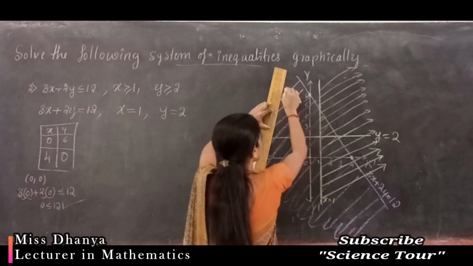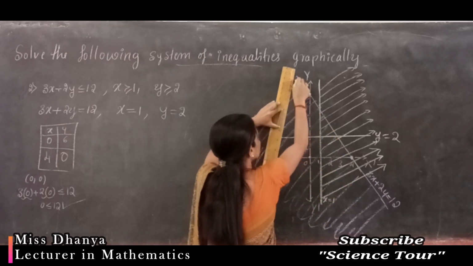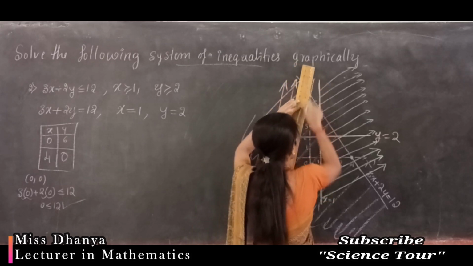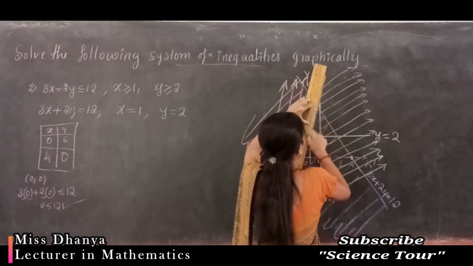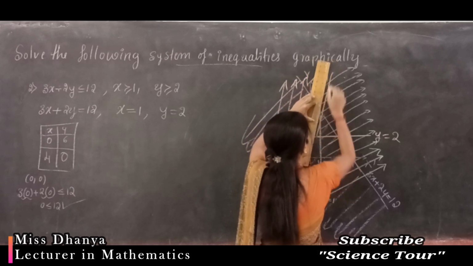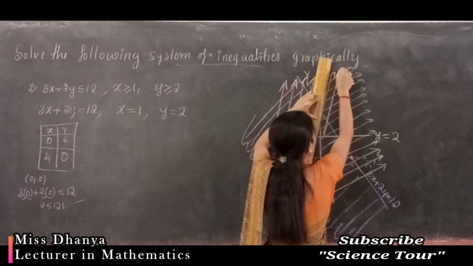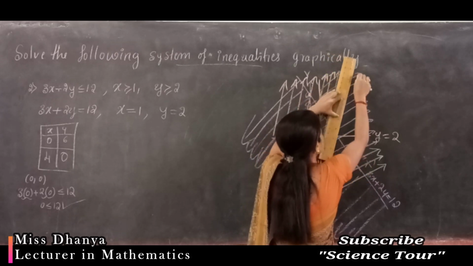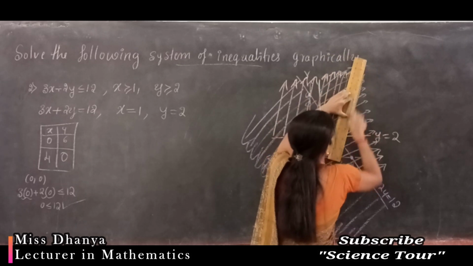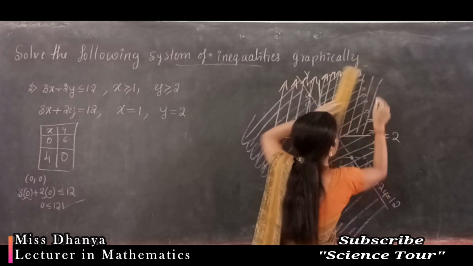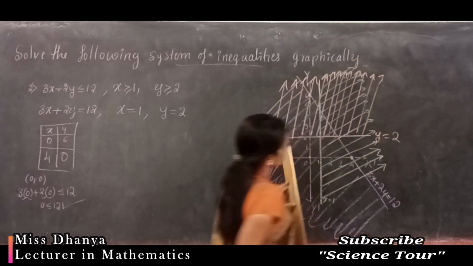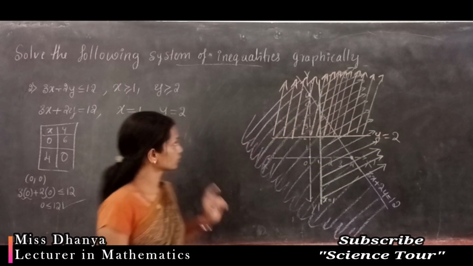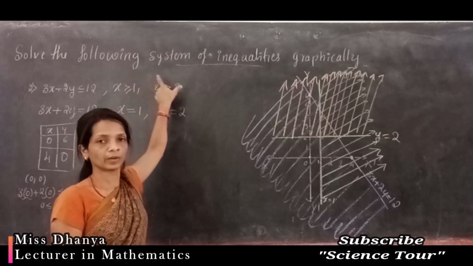For that you have to give shading. So show shadings like this, above the line y is equal to 2. Okay, so now this orange shaded region is the solution region of this third inequality, y greater than or